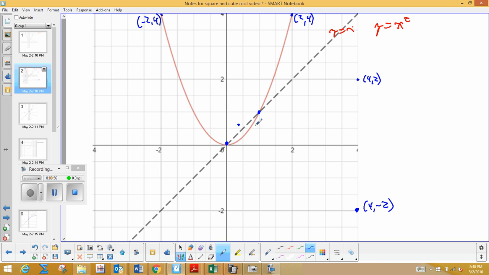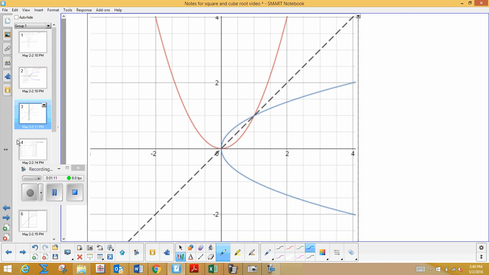And if we sketch that, you can see the reflection. It's going to reflect like this. See how swell my freehand drawing is. Okay, it's going to look like that. These points up here are going to come down here. You can see it's a reflection in that line. Here's a better drawing. Okay, so that's our inverse of y equals x squared,